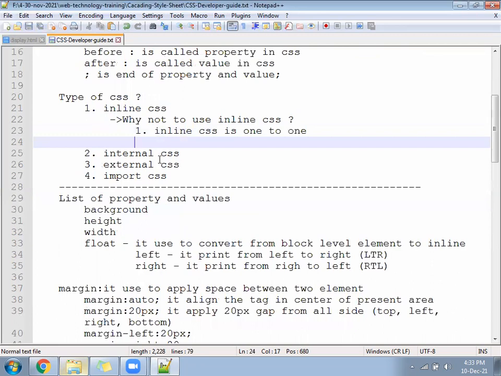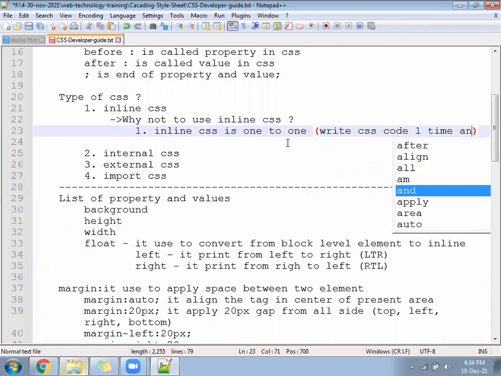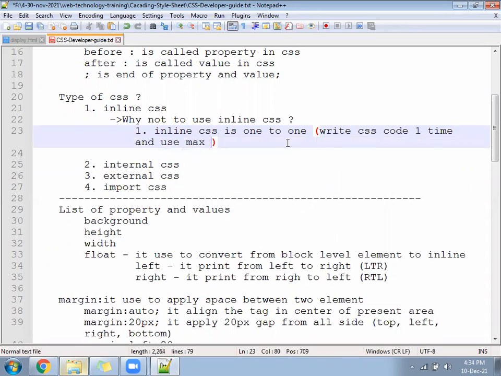What is that one-to-one? Write the CSS code one time and use maximum one time. That is called a one-to-one.